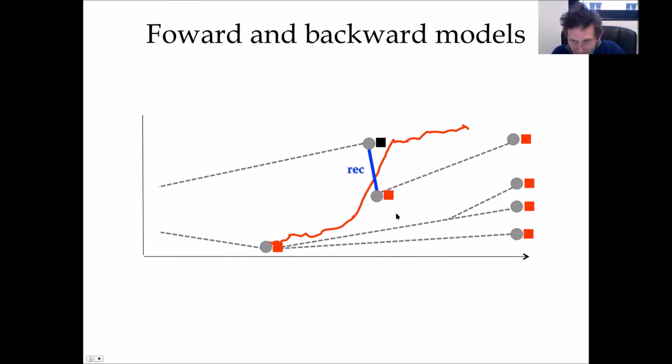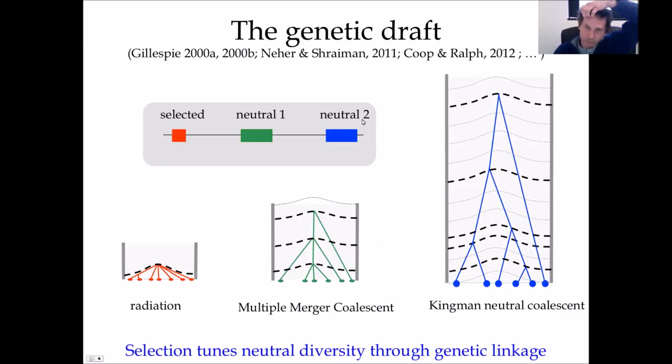So all the red individuals, they'll come back to that first red beneficial mutation, but the gray ones, some of them will coalesce here, some of them will escape the sweep. So imagine that you don't have a single sweep, but beneficial mutations appearing here and there, sometimes in different parts of the genome. They will propagate through the genome pseudo-independently, and they will bring the rest of the genome